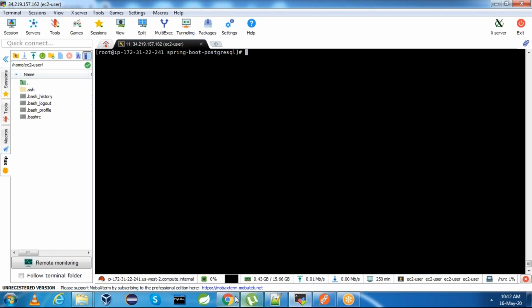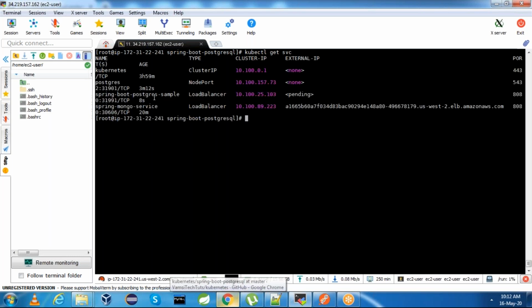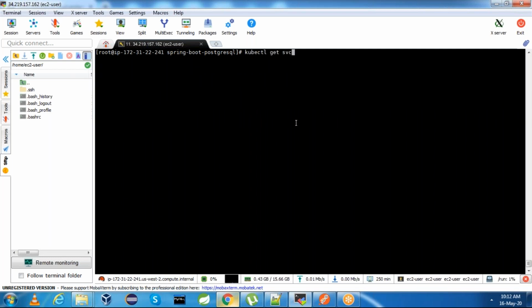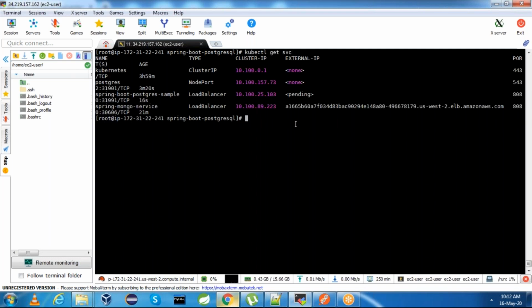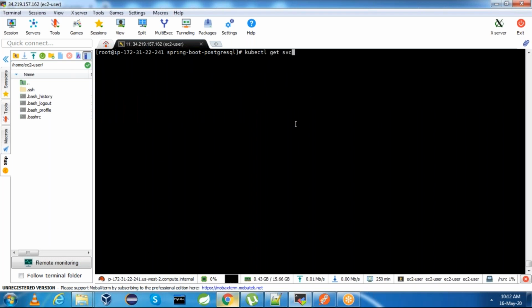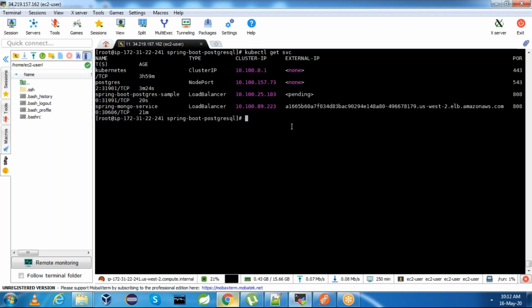Now this will create a load balancer. Kubectl get service, and our service, Spring Boot PostgreSQL, is in pending state. Just wait, it will create a load balancer URL. It is in pending. Let me delete the other service.